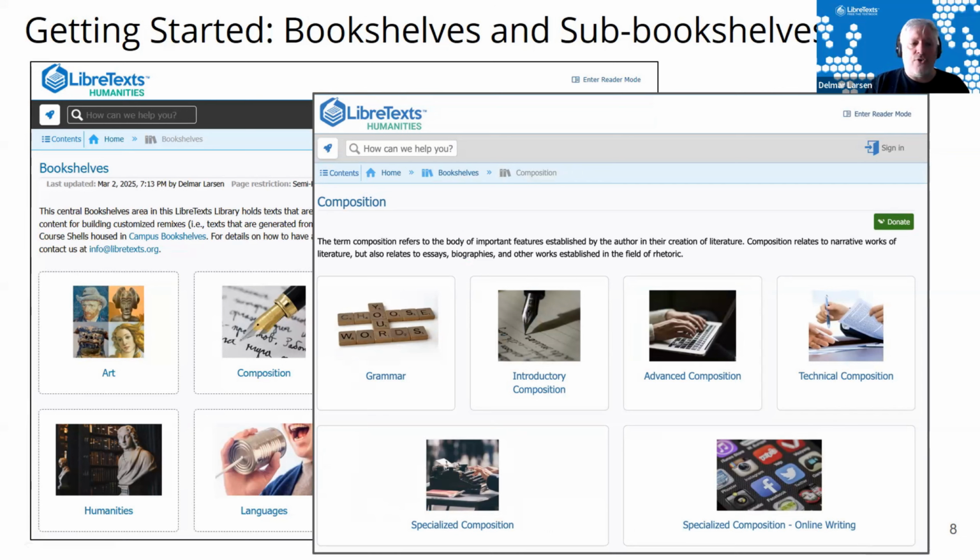We wanted to be able to structure that into several different categories depending upon grammar, introduction, advanced, technical, specialized, or even online writing procedures. As the number of books that we have grows, we start to actually flesh these things out because it's best not to have all the books handling a wide variety of different topics in one general area. So organization is a critical component of how we actually put this thing down. That would be akin to our librarian skills.